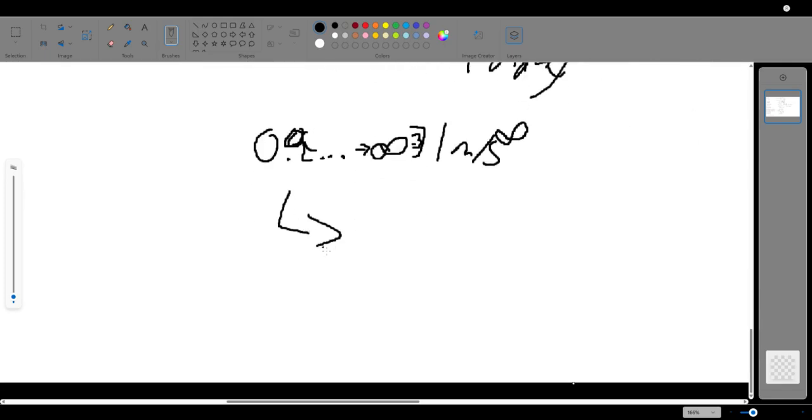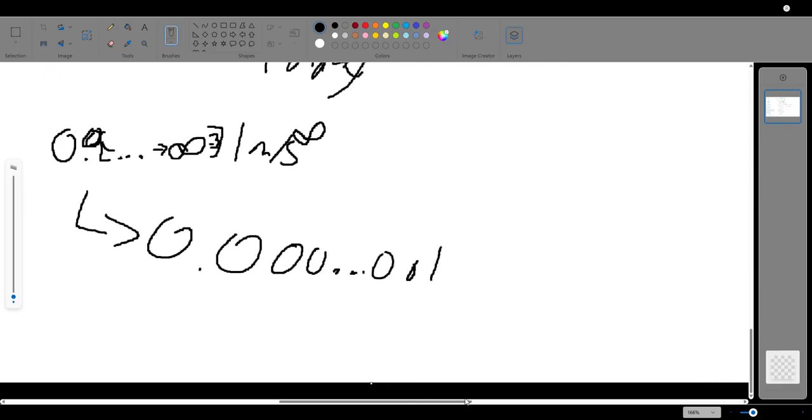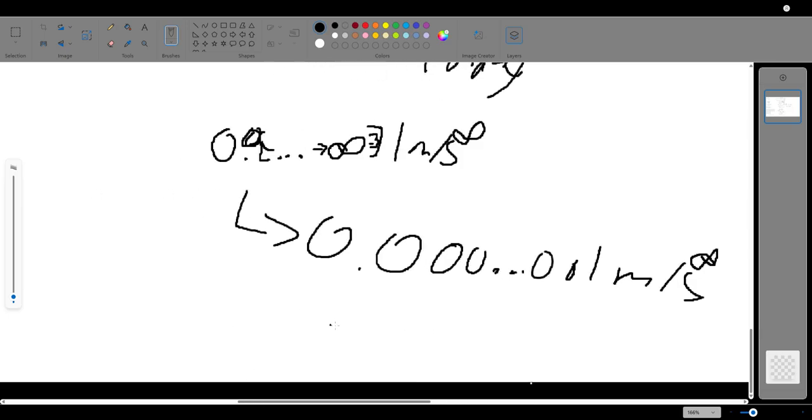Then, if you were to drive 0.000 whatever 001 meters per second infinity, if you were to derive it, that would mean that it's infinity